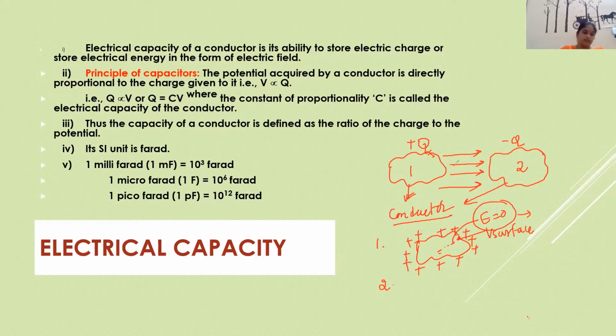Now coming to the basic concepts. Let us take a concept: in an uncharged state, we are having a capacitor. A capacitor can be either charged or discharged. Whenever you are taking a capacitor in an uncharged state, the charge will be on one conductor, and on the other conductor the charge will be 0.